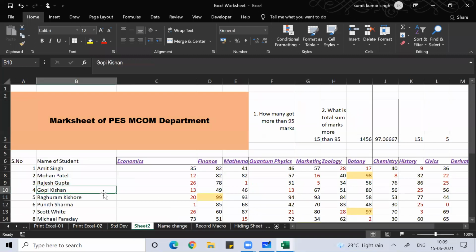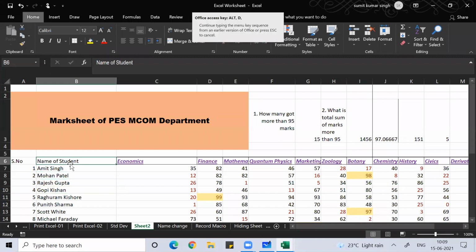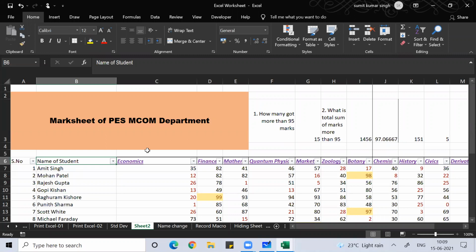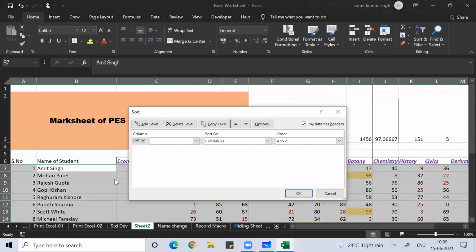That's why it's asking column wise. So here if I press Alt D F F, yeah, now it is working properly. You can use Alt D F F or Control Shift L for filter, or Alt D S. If you want, you can sort with Alt D S.